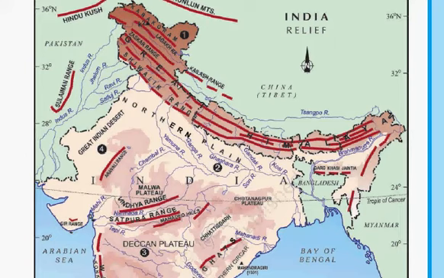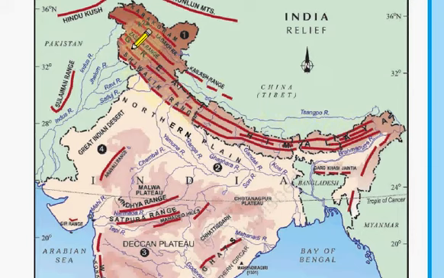So the first part is the Great Himalayas. So Himalayan mountains are on the northern boundary of India. They can be divided into various parts based on, for example, latitude, longitude, ranges, rivers, etc. So first we will see that there are three types of parallel ranges in Himalayas. The first one, which is at the northernmost part, is called Greater Himalaya. Then the second one is called Lesser Himalaya, and the last one is called Shivalik Range.